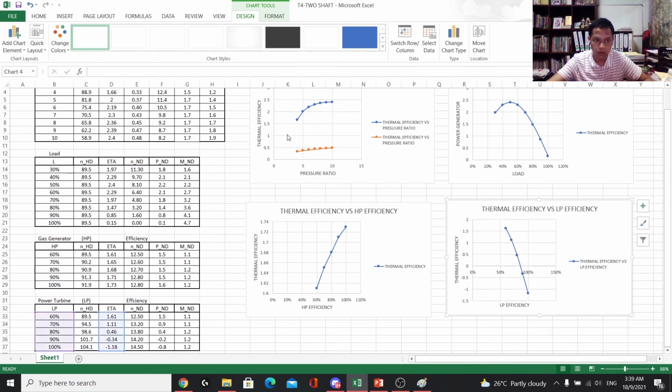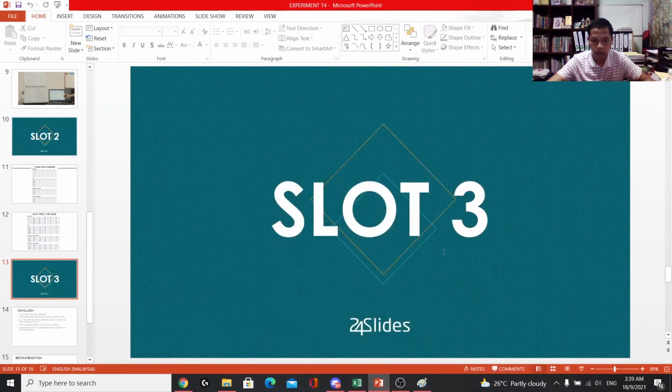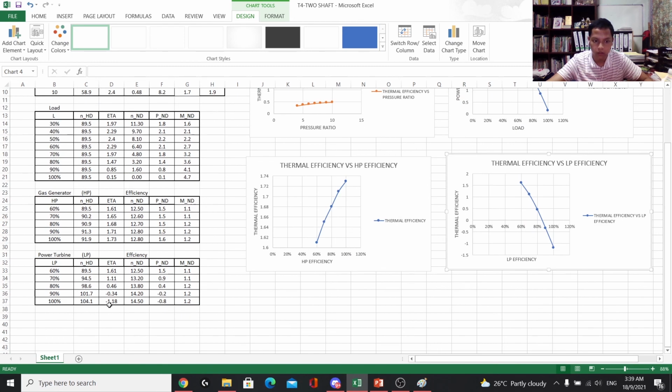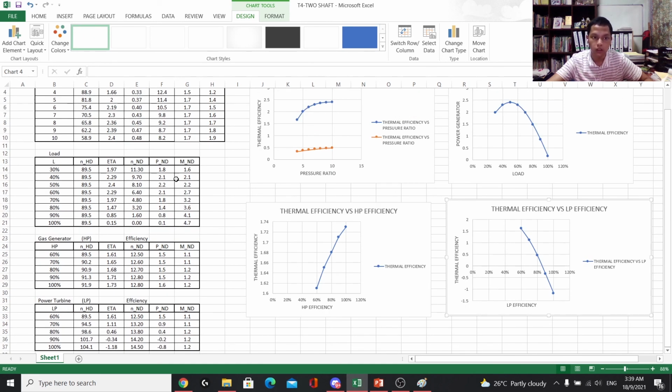So I think that's all for my part here. Then we will go to slide 3. Oh yeah, you can see that this is the graph 1, 2, 3 and 4. So you can see here the negative value because I have negative here. So okay,